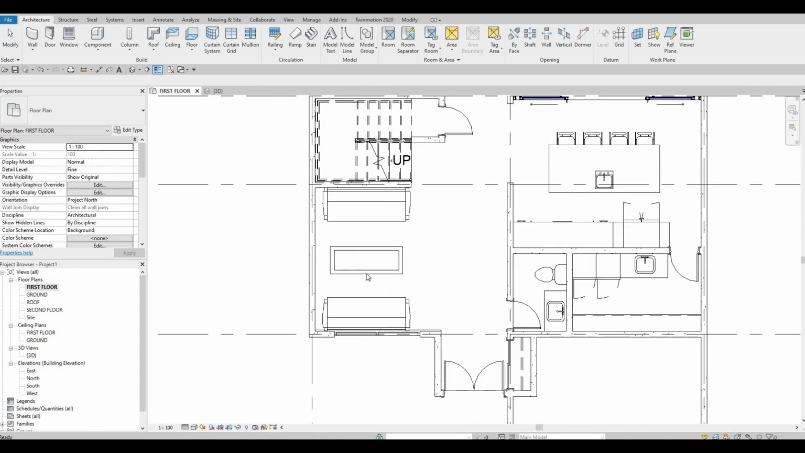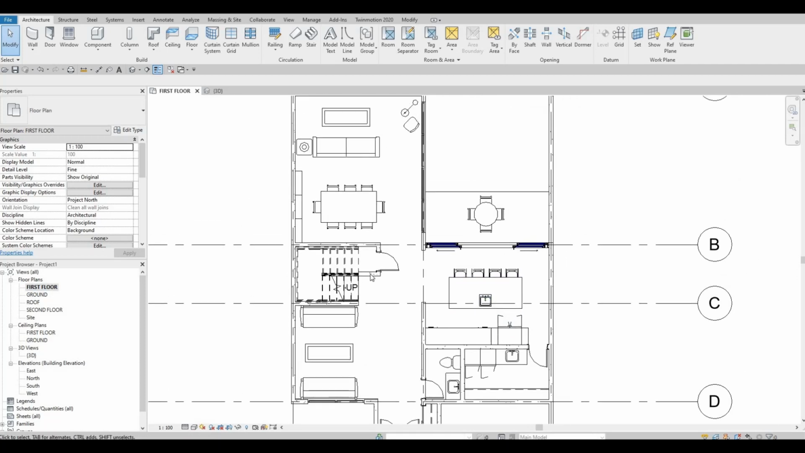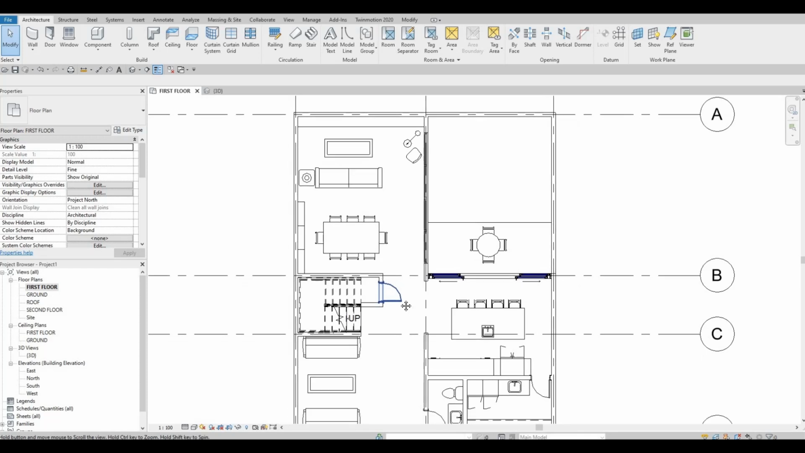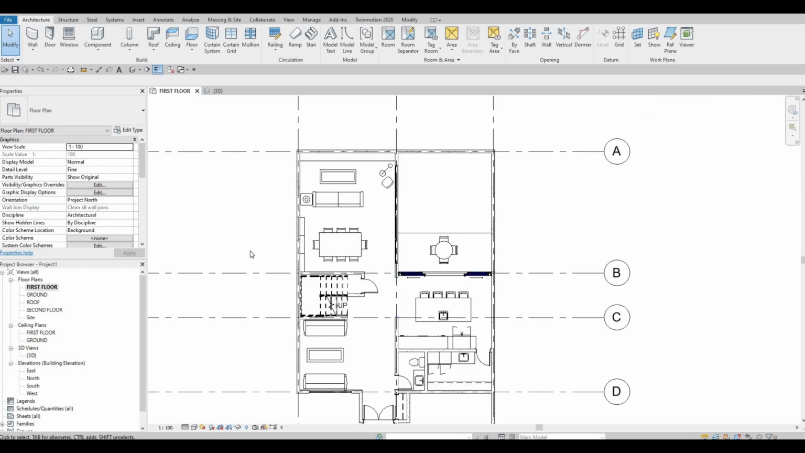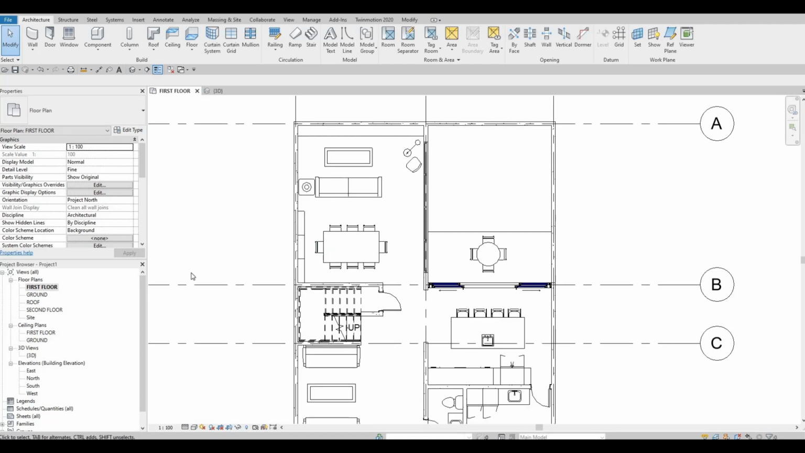And I just want to go first floor again, and I just want to check if everything is looking good from our point of view right here. And now we can start our second floor. So we need to click on second floor,